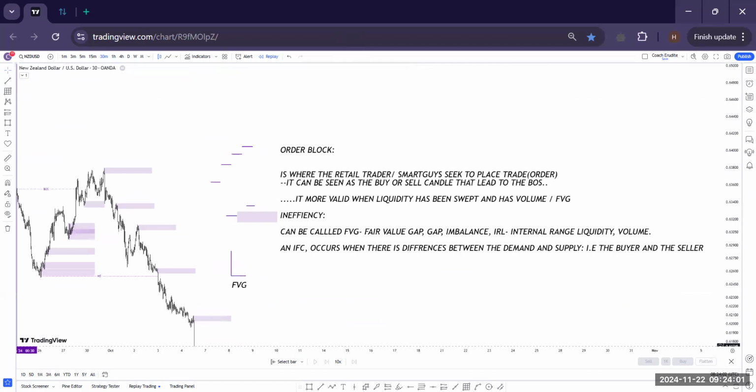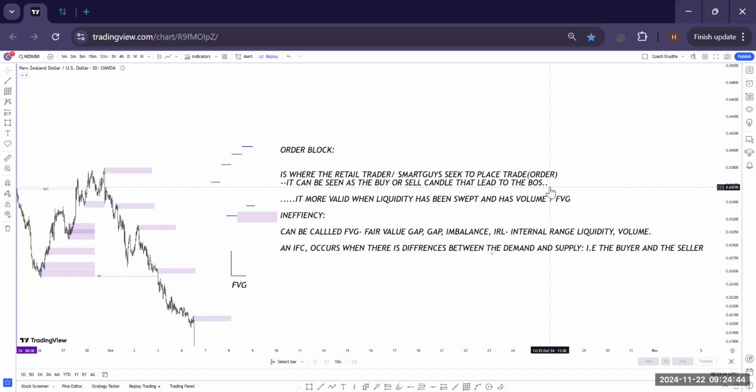So just a recap: order blocks are where retail traders and smart money seek to place orders. It can be seen as the buy or sell candle that led to the break of structure. And now wait for liquidity to be taken, which tells you it's more valid. If you want to take a trade, there are a lot of order blocks in the market. It does not mean that you should be taking orders in all the order blocks. Look for a valid one. How do you identify a valid order block? One, liquidity must have been grabbed, either liquidity sweep or inducement liquidity taken, and it must create a